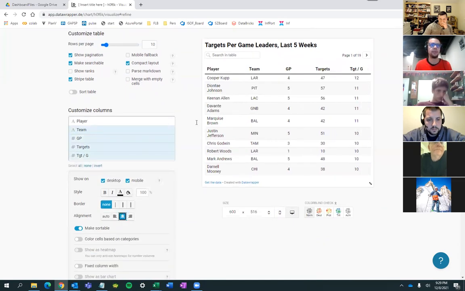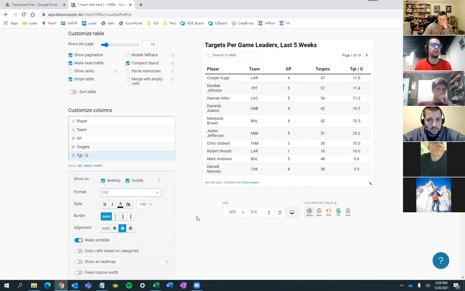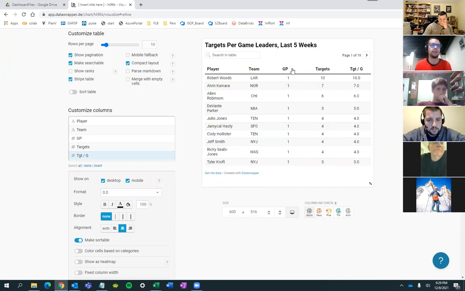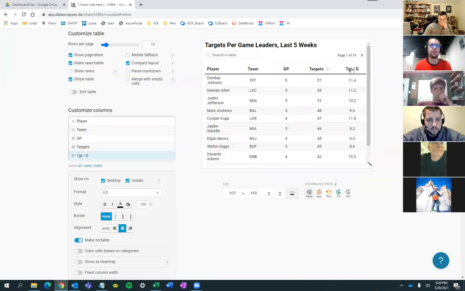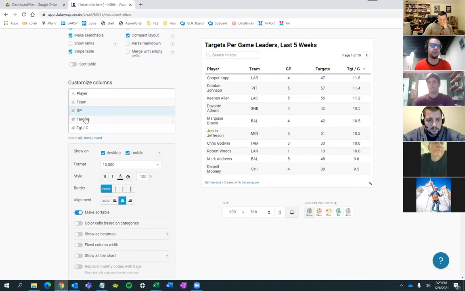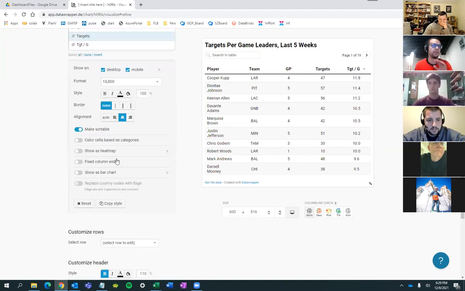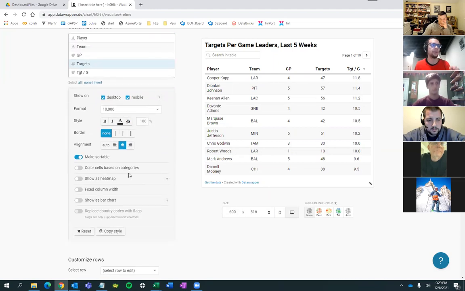You can format. I like to center things. You can change the number format here. I'll show that 1 decimal, et cetera. All of these columns will automatically be sortable. You can get rid of that though. You can go to each column and say, hey, don't make this sortable right here. Not going to go over all the functionality in here, but if you're going to try this,